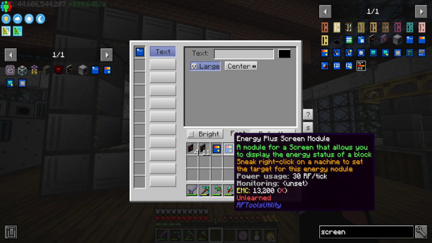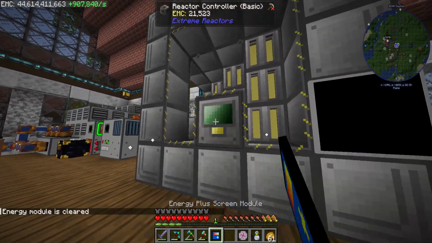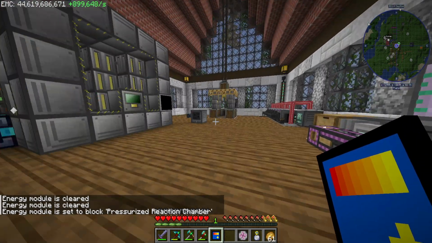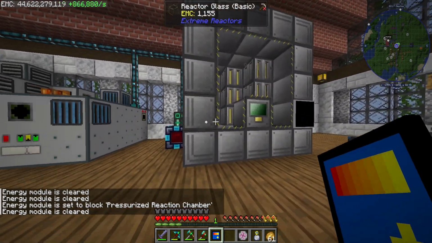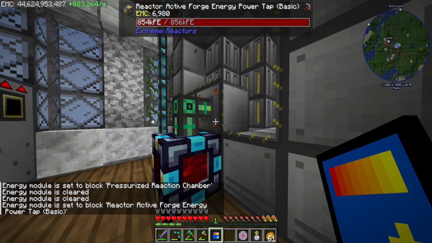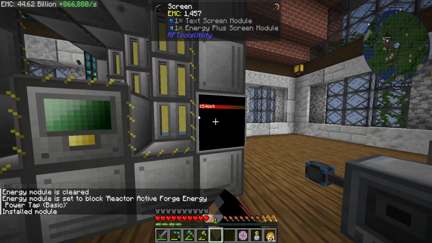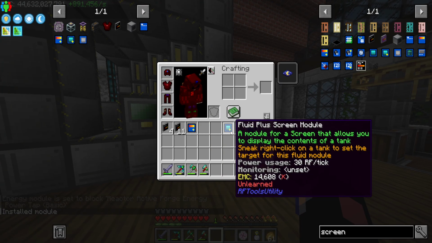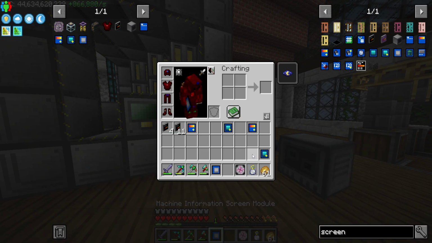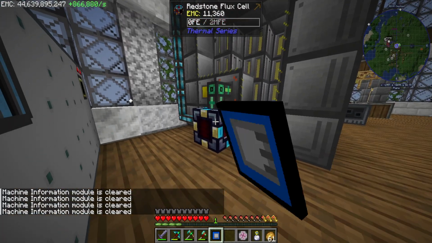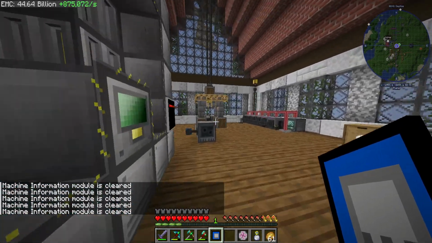module for the screen that allows you to display the energy status of a block. Sneak right click on a machine to set the target for this energy module. It says it's clear. Right. Okay. Right. Okay. So, no fluid in there. Okay, so if I put